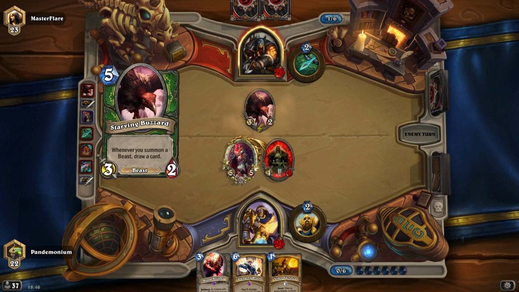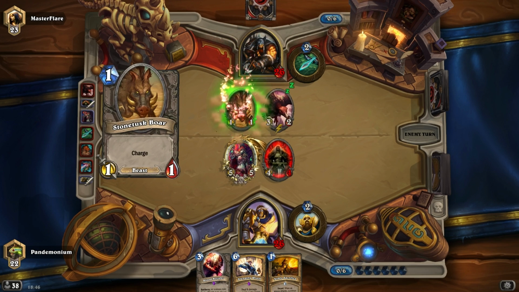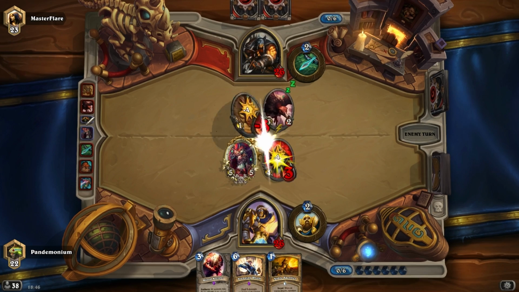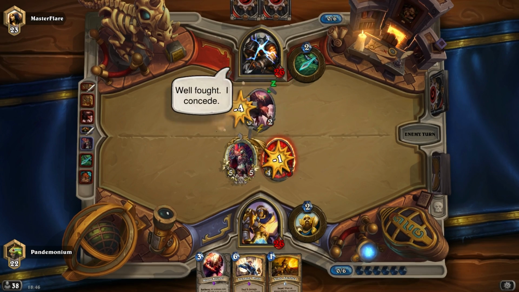I mean, he's playing a buzzard, so I'm not too concerned. Is he going face? I mean, at least he's getting some draw cycling going on there. He's actually going to injure one. I guess it's just so I can't trade. It does make a...